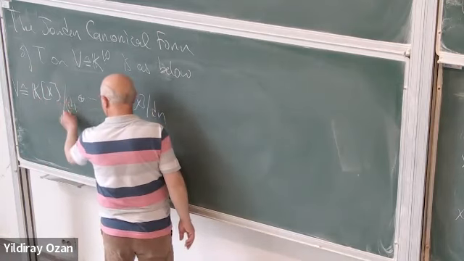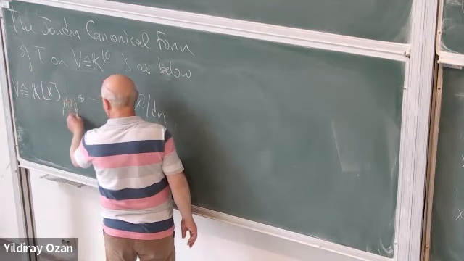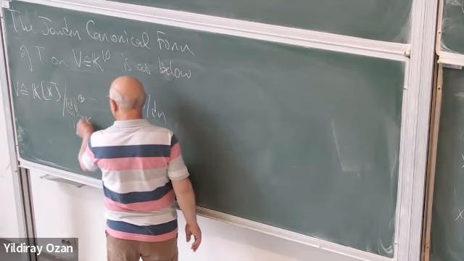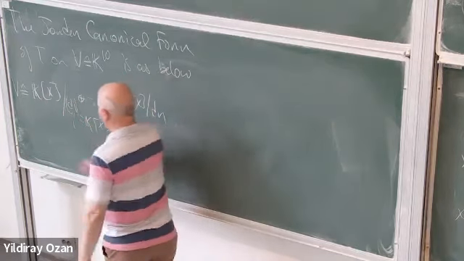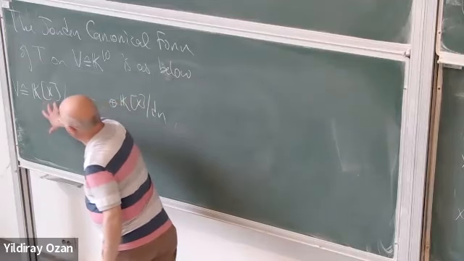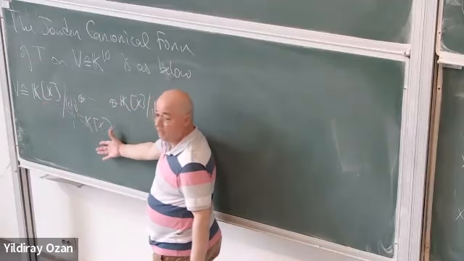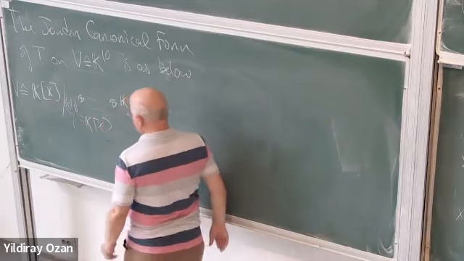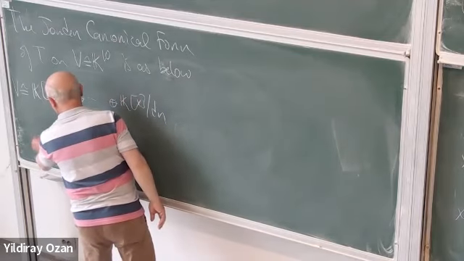This ideal is the whole ideal. Therefore, we divide this vector space by itself, so it gets 0 there. So they are all zeros